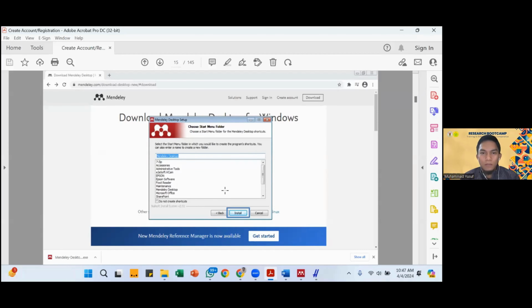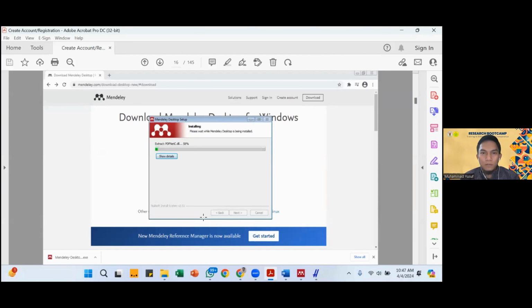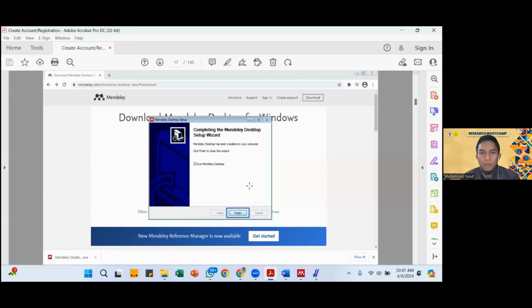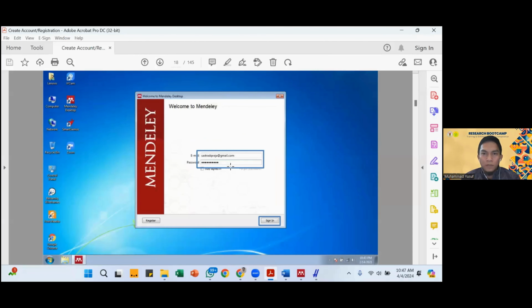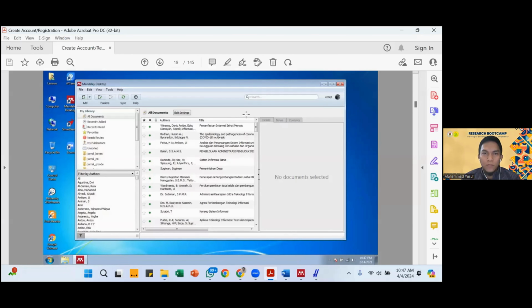And then click install. And the Mendeley desktop is being installed. Okay, click finish and check run Mendeley desktop. And then click finish. And then click sign in with your Elsevier account. This is the appearance of the Mendeley desktop.